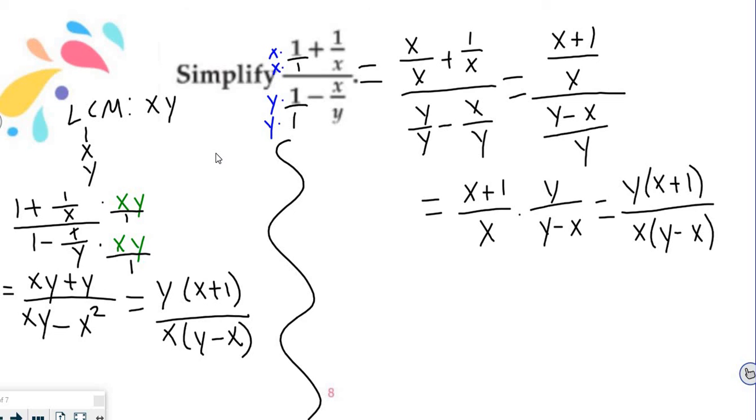Like I said, just another way of doing it. If you like doing the big fraction instead, and that's easier for you, do it like that. If you like getting rid of all of the fractions and doing these common multiples, do it like that. It's not that one way is better or easier or anything like that. It's just kind of which way makes